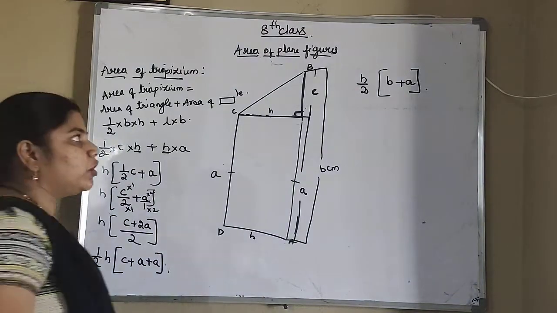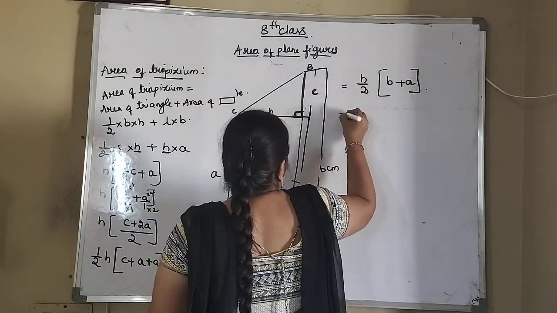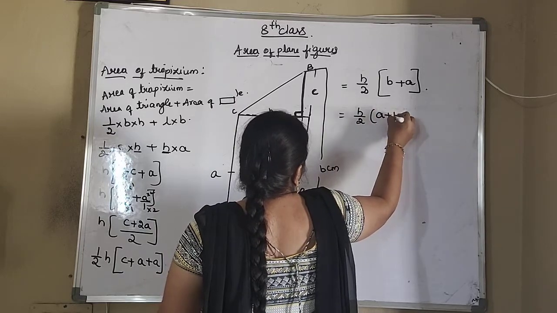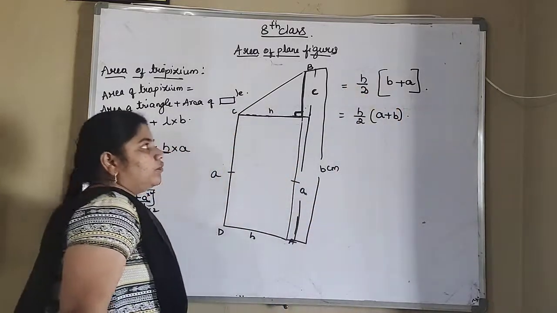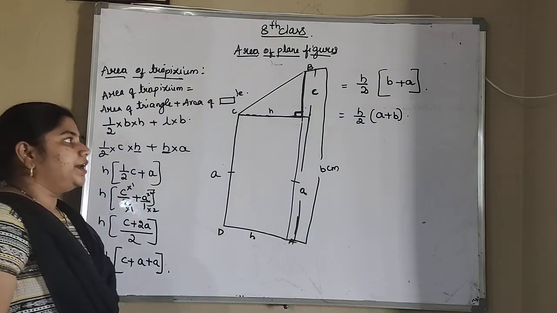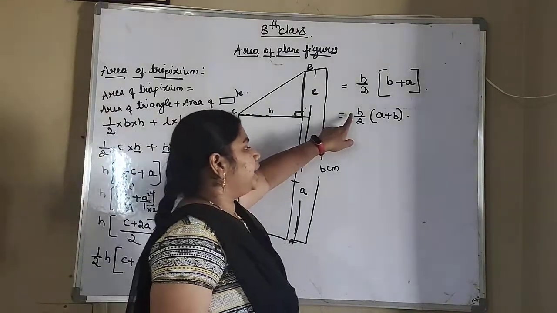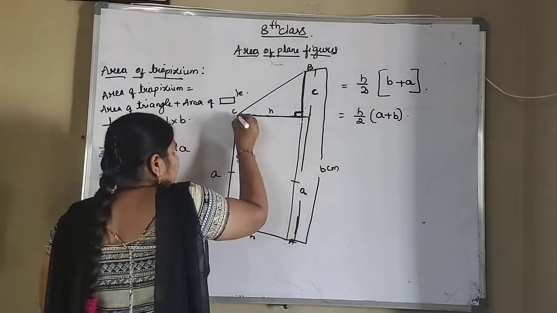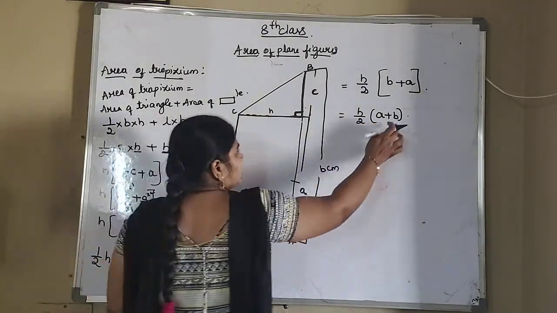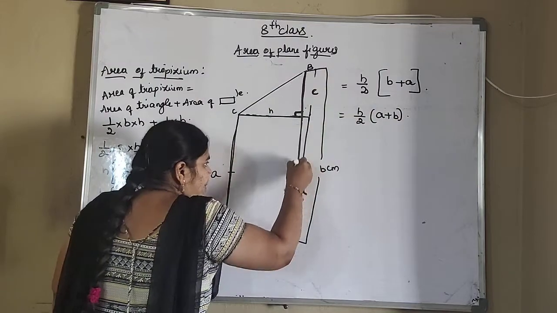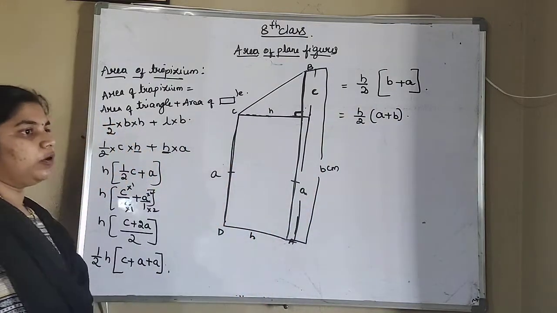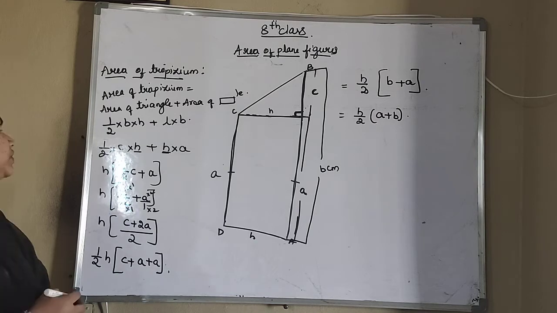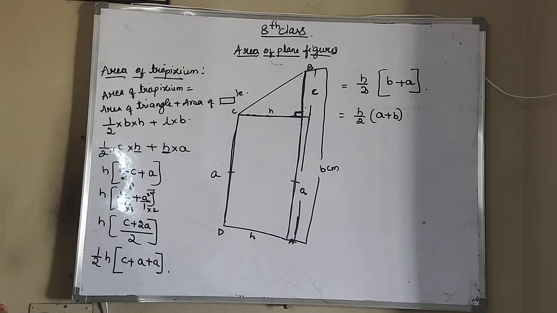Okay. So what is the formula now? Formula of a trapezium is H by 2 into A plus B. That is half into height into sum of two parallel sides. This A is first parallel side and this B is second parallel side. So this is our formula for area of a trapezium. So once again you see how to find area of a trapezium formula.